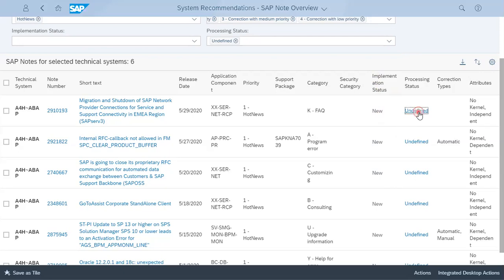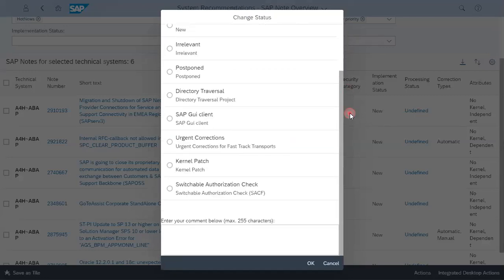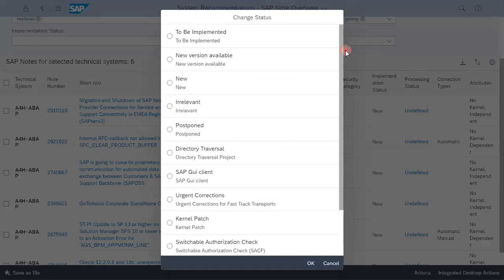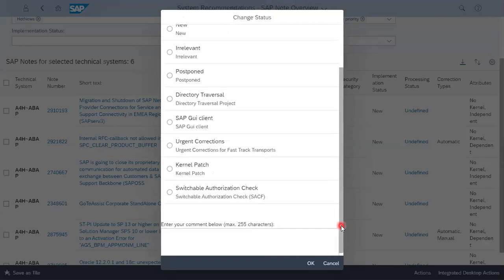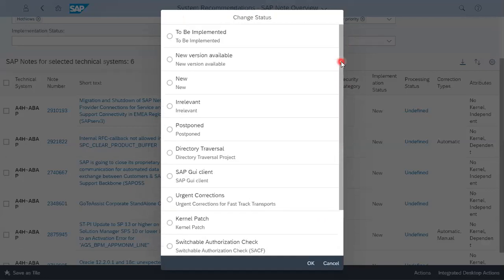If I click on the processing status, I have these many options enabled in SAP Solution Manager 7.2. So if I want to make changes here, I just need to click, give the comment and save. So it will disappear from this screen and it will go